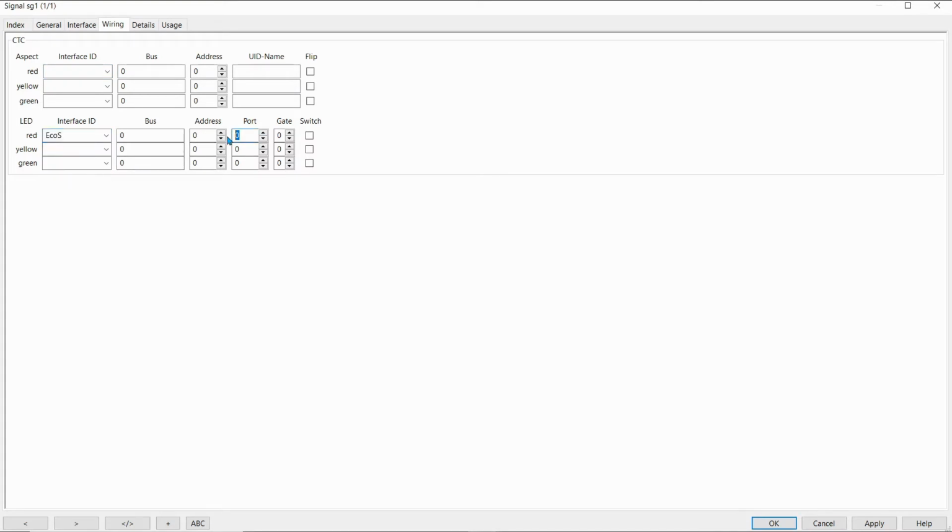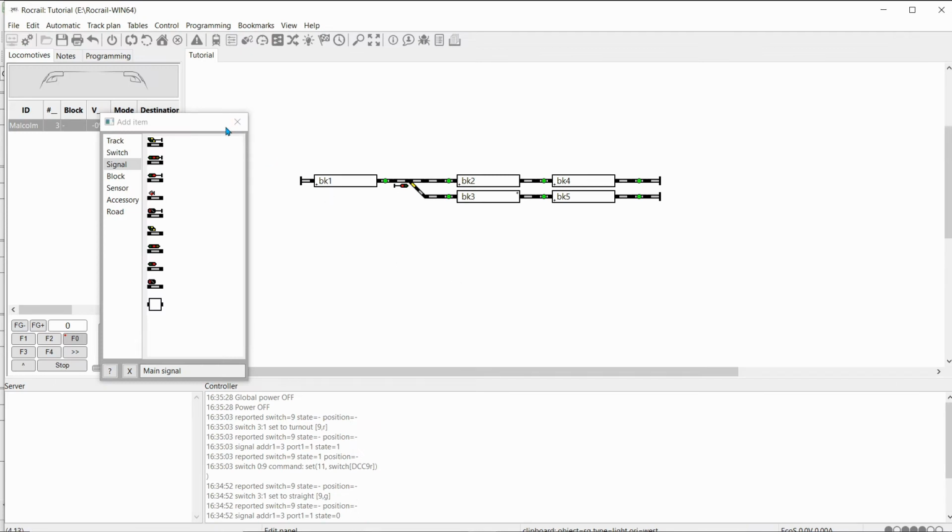It is on port 29. The green one is on my ECOS, and it is on port 30. Click apply, OK. We'll close this down now,